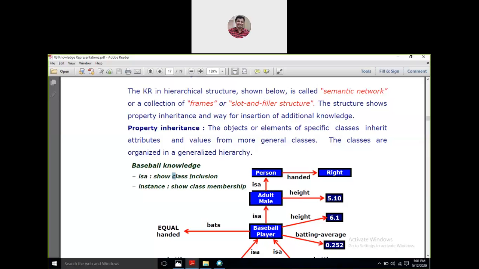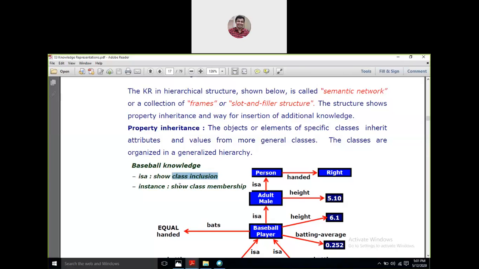So for the time being, wherever you are going to see, we are talking about a class inclusion. Whenever I am talking about an instance, I am talking about a class membership. To make it much more understandable, if I am talking about is a, then I am talking about making something inclusive within a particular superclass or a more generalized class, right? There are a lot of players, doctors, and engineers all around. They all belong to a higher level class, a more generalized class. We call it human beings.